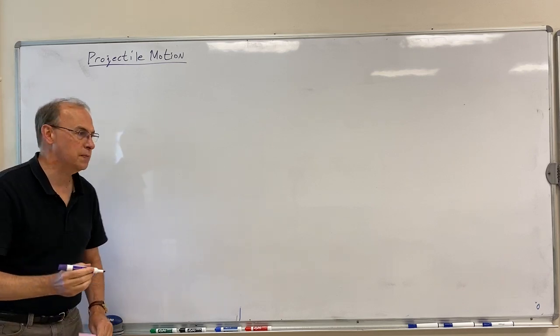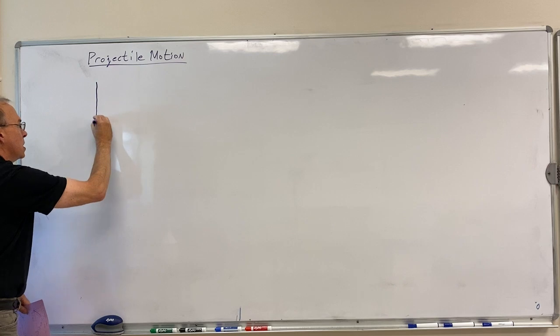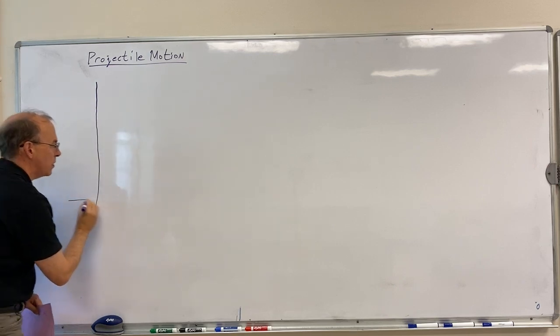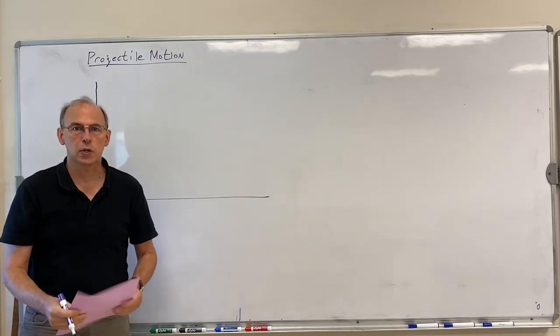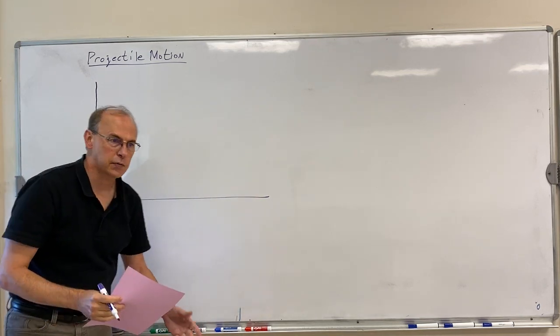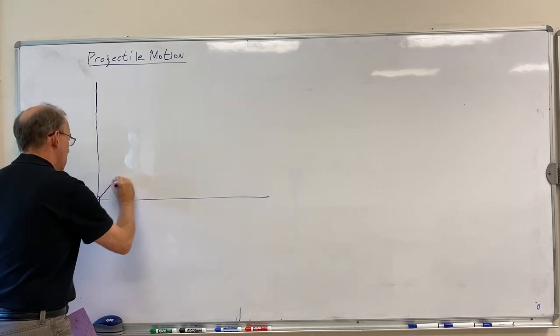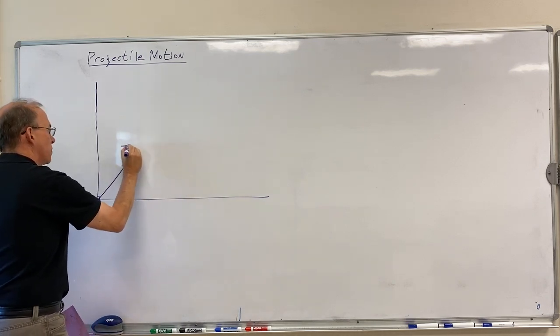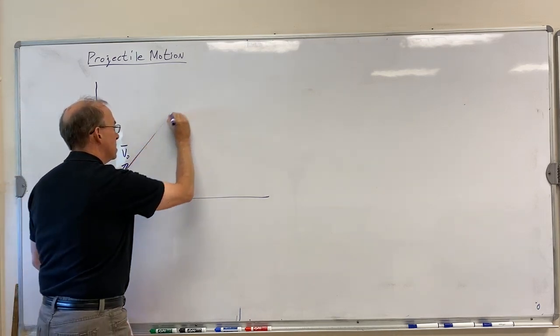about projectile motion. The key to projectile motion is simply remembering that gravity only affects the y direction. You never wake up of a morning and gravity jerks you out of bed to the left or the right. It only pulls down. So if we have an object that's fired with some initial velocity v0, like this,